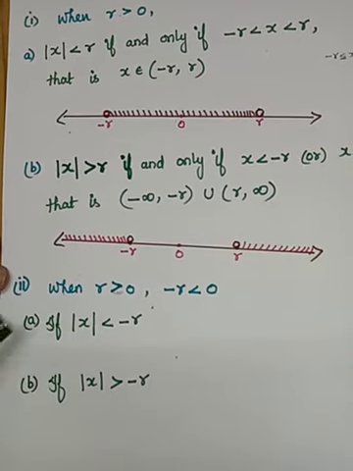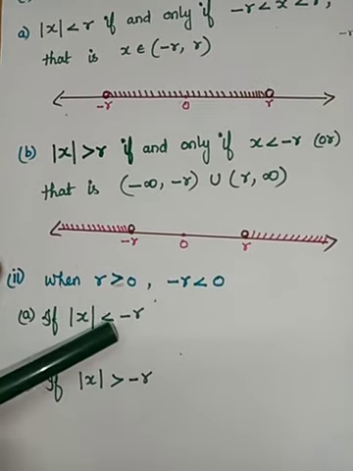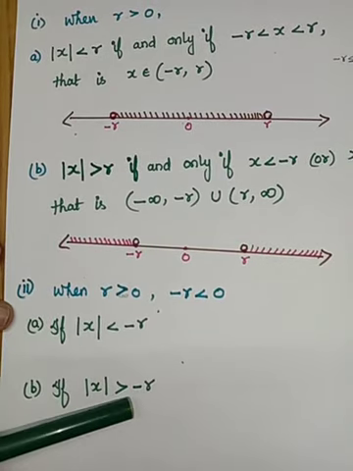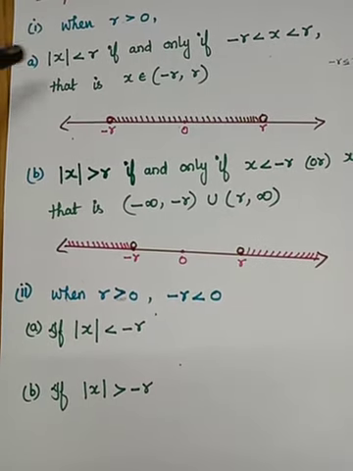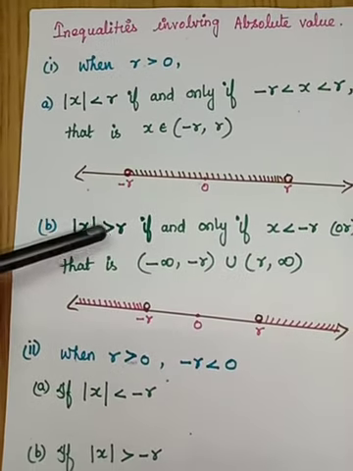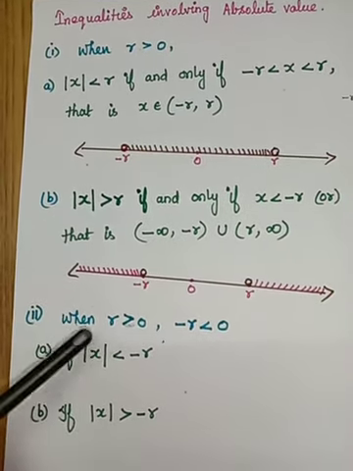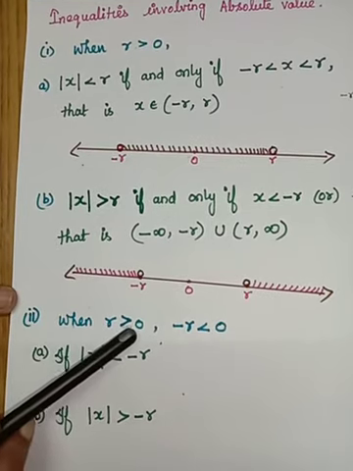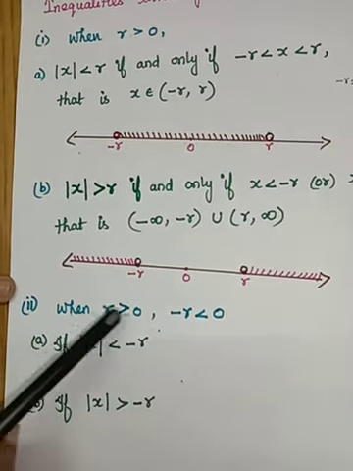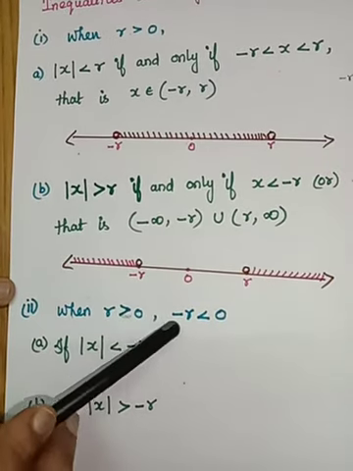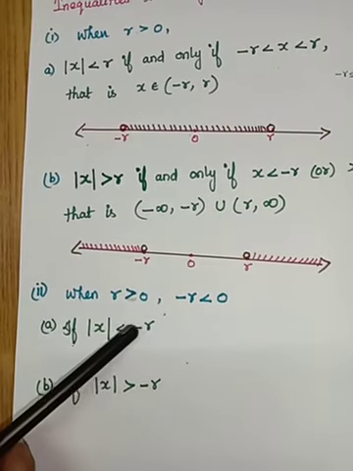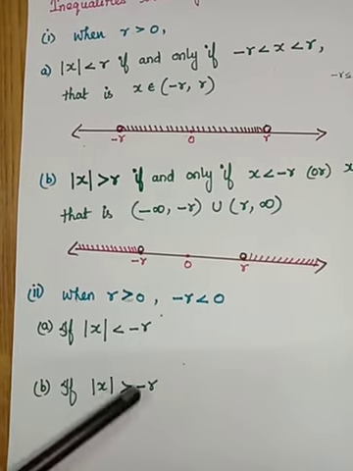So here next we are using minus r. Look at the right side. Here it is involved minus r. In the previous one, the plus r is involved and it is positive. So r greater than 0 means your minus r, how it should be? Less than 0. So r is positive, so minus r should be less than 0. So here the right hand side is minus r.